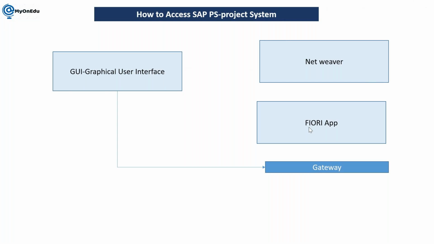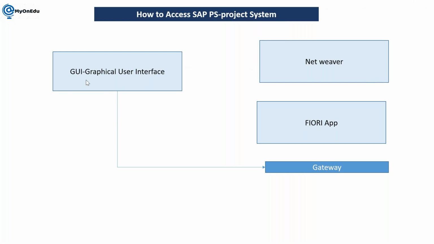In GUI you can perform the transaction directly, in NetWeaver also you can perform it, and in the Fiori application also you can perform the transactions. But there is a difference between all these three when we are performing the transactions. To perform any transaction through GUI,